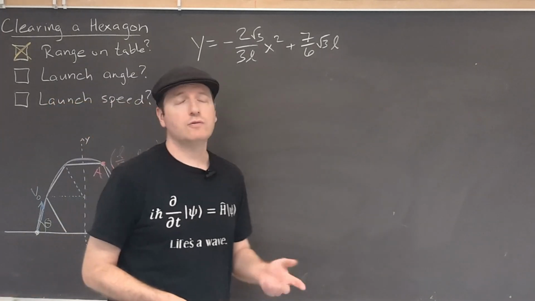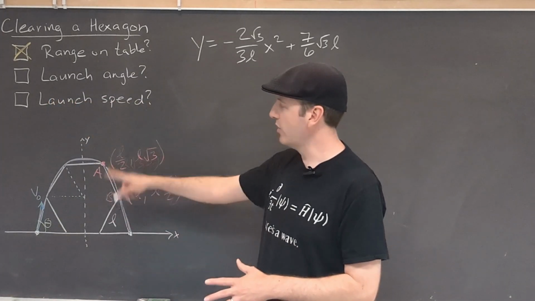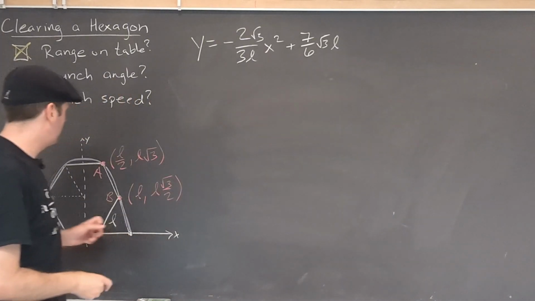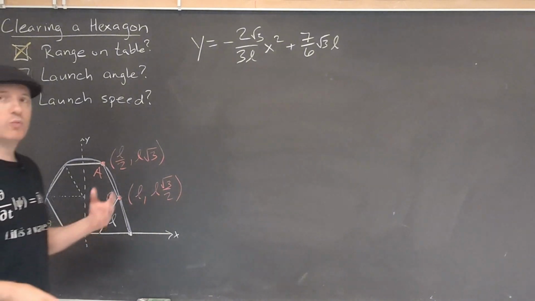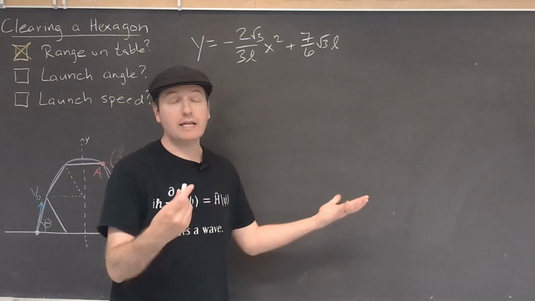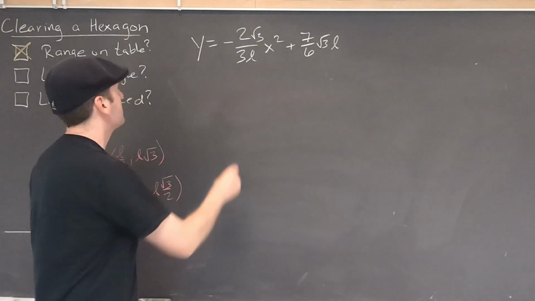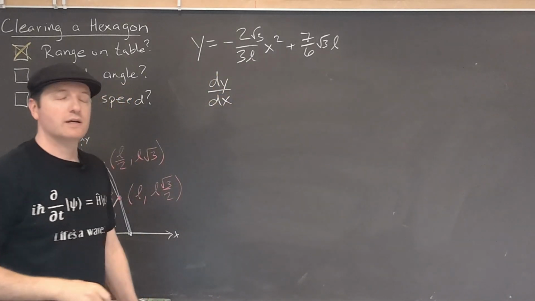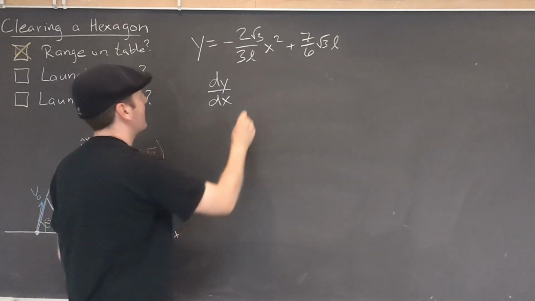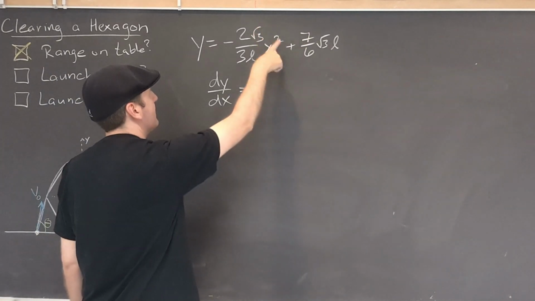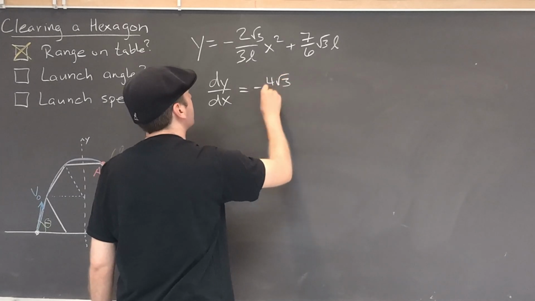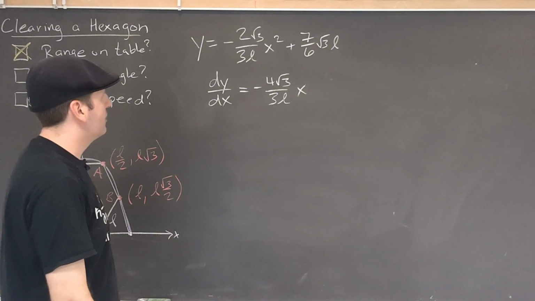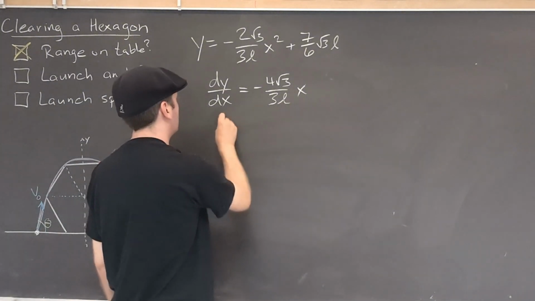Okay, to find the launch angle, we're going to want to look at the slope of our trajectory at the launch point and recognize that the tangent of this angle will equal the slope at any point, but in particular at the launch point. So let's compute the tangent. In other words, the derivative of this trajectory with respect to x. The constant term will go away. This 2 will make this into a 4. And we want to know, what is this value